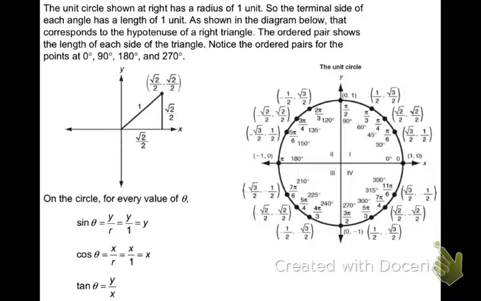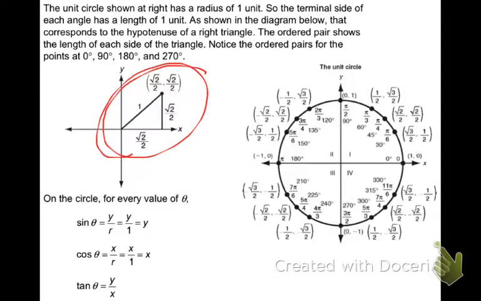And again, the ordered pairs show the length of each side of the triangle. Notice the ordered pairs for the points 0, 90, 180, 270. At 0, it's just (1, 0). At 90, (0, 1). At 180, (-1, 0). And at 270, (0, -1). And again, this all stems from the right triangle that it makes with respect to the reference angle or the